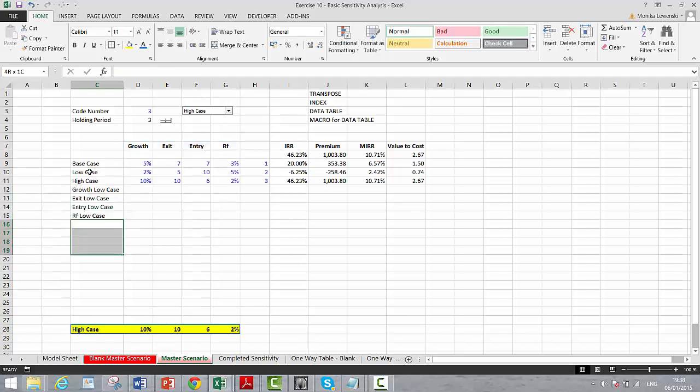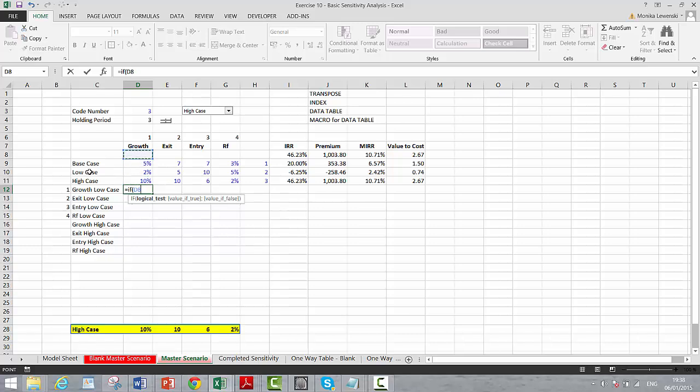Now 1, 2, 3, 4. Equal transpose. Select all of these different variables. Put an and sign, another space, and put the high case. Shift, Control, Enter. And then here's a little thing I do to kind of cheat. What I'm doing to cheat is putting an if statement. If this one, with the F4 key just on the column, equals this one,